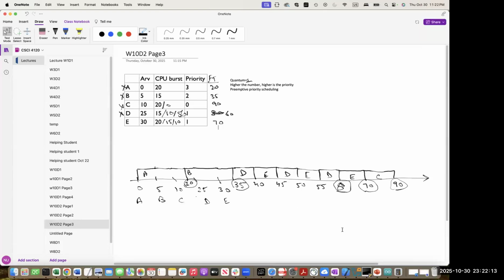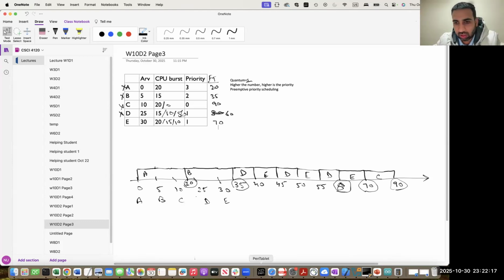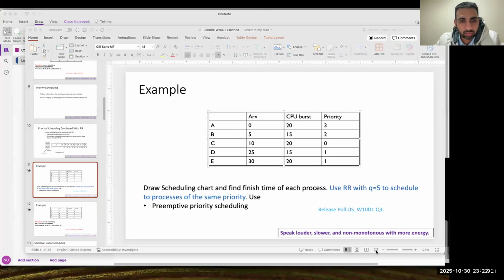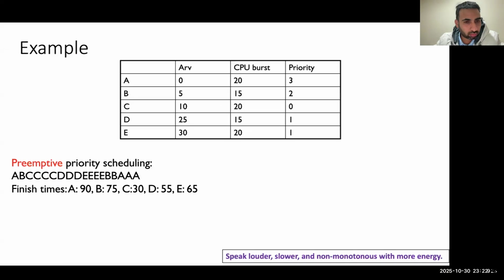Seems to make sense. Okay. Then where is this? Where are the slides? Yeah, here. So